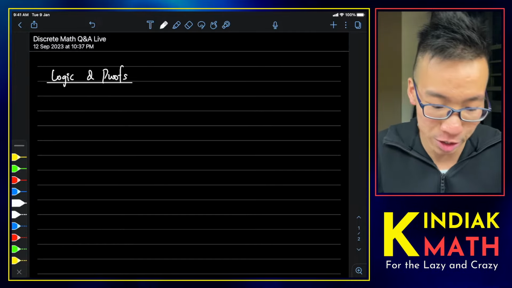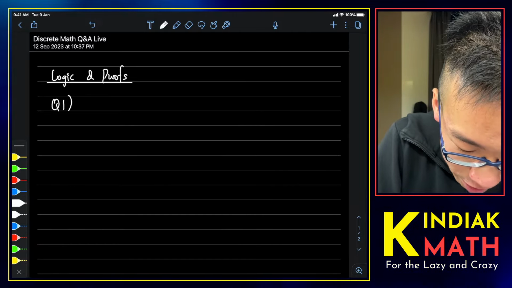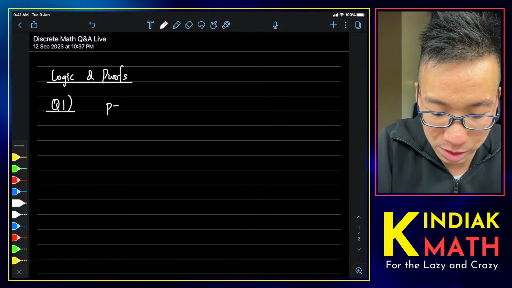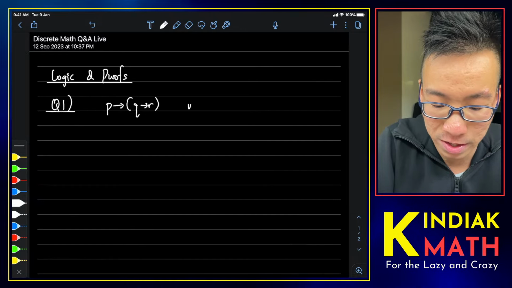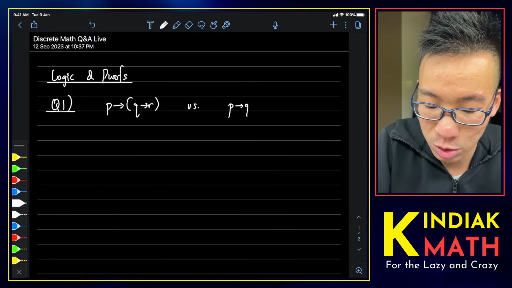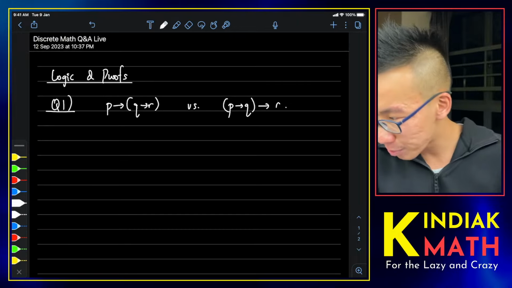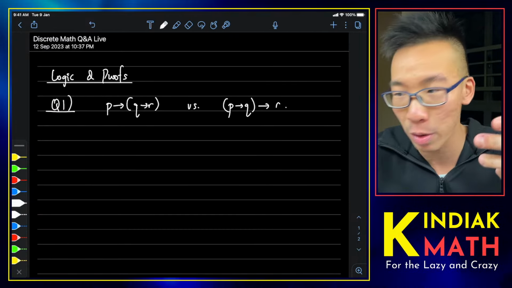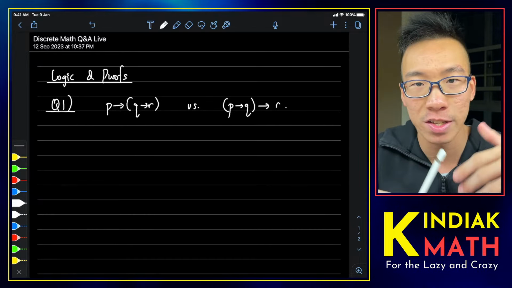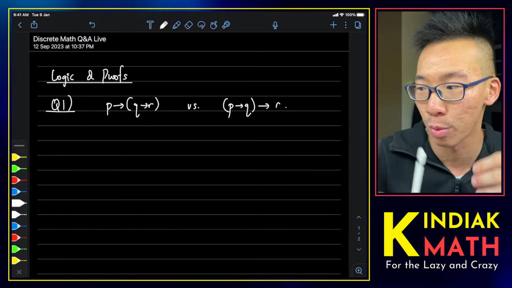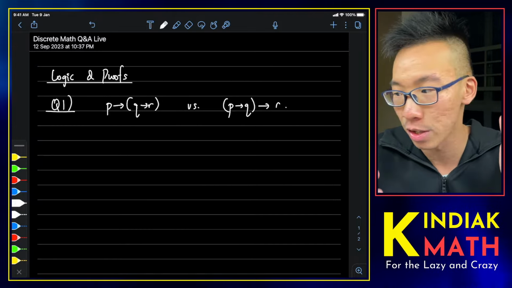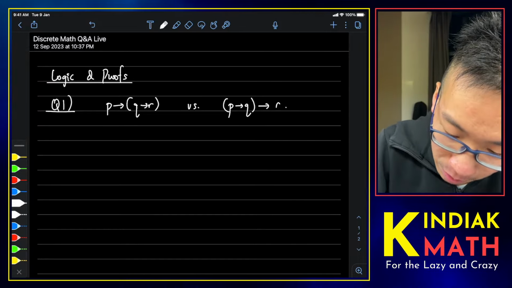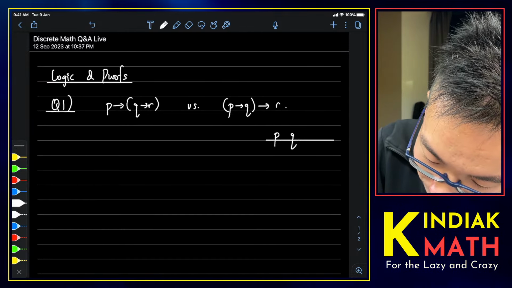with some existing questions. So let's first look at this question, which basically asks us to determine whether or not these two compound expressions are equivalent to one another. And in general, the thought process I have before I even solve the question is to note that implications generally don't behave as well as other kinds of logical operations. And what that means is that, well, in particular, just to recap for everyone's benefit,